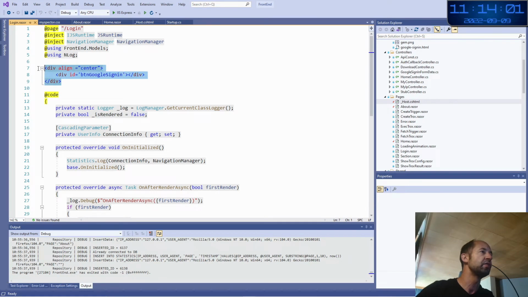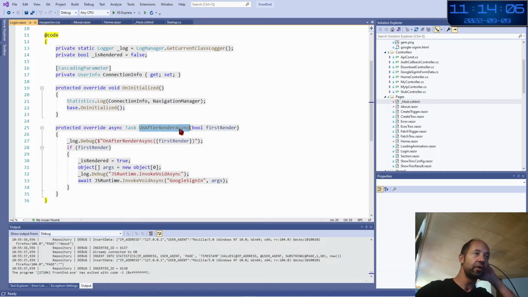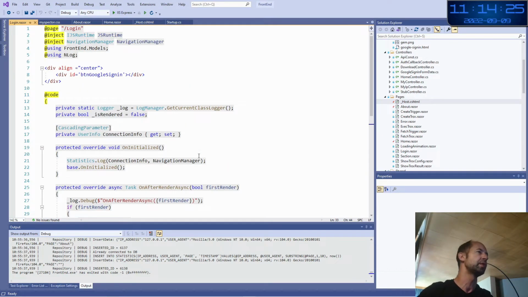So this is just a div with an ID. And then after OnAfterRenderAsync, if this is the first render, I'm registering the callback the way Microsoft says we should register any callback. And here I invoke it. So you see the little tricks. It's not obvious at all to manage to render this crazy button of Google.